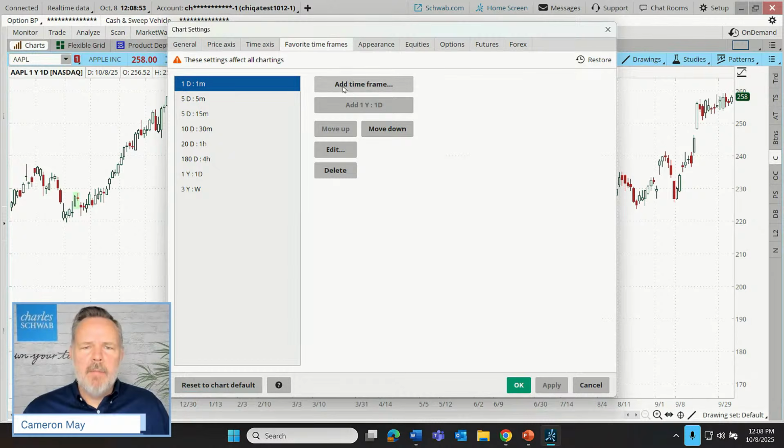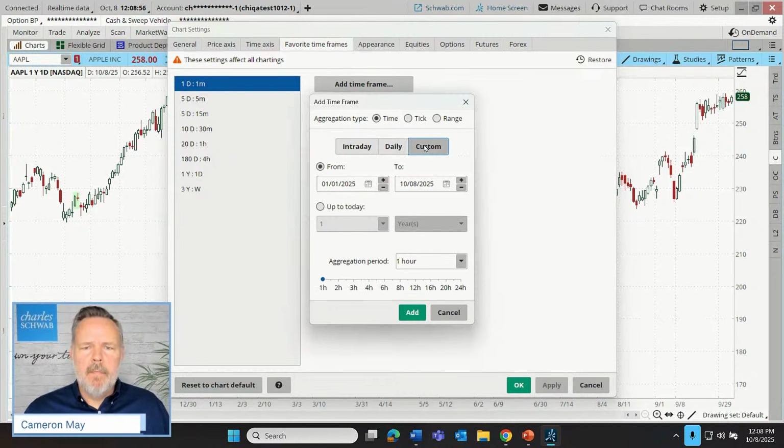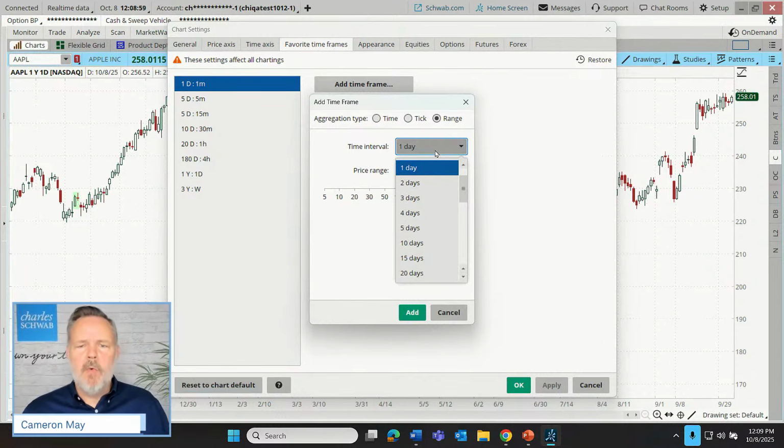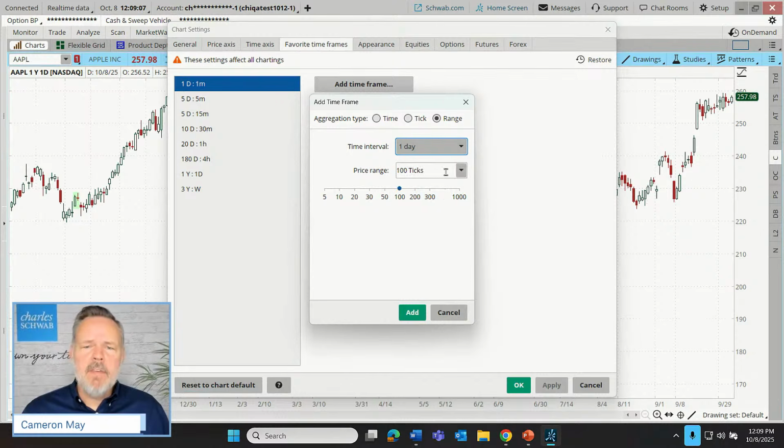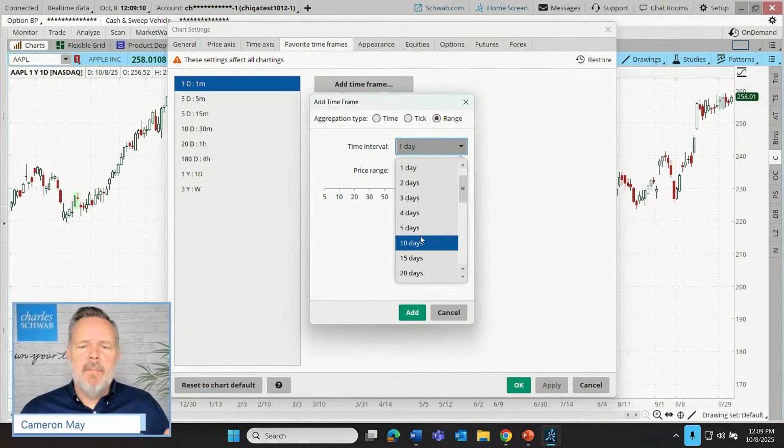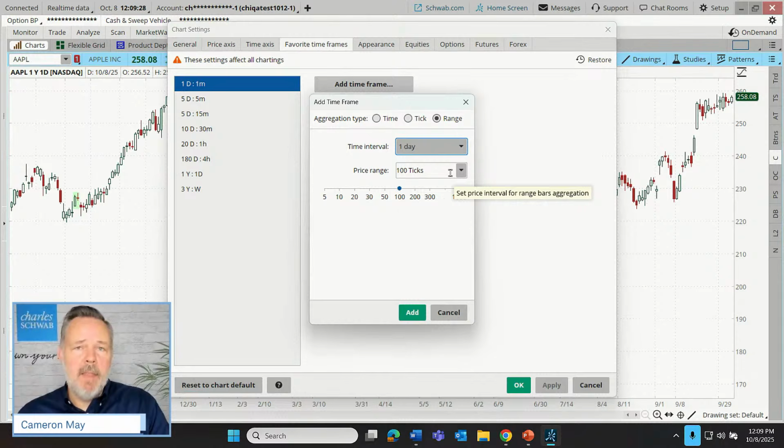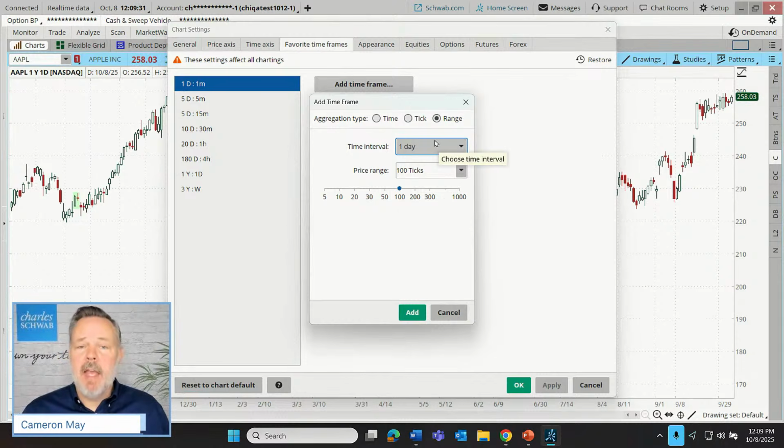Let's go back up here to time frames. For a range, how can we choose a different aggregation period or time interval? Yes, we can do that here with our range. This is going to be quite similar to the other defaults or the other menus, just sort of a different layout. So we can change a chart time frame from a day all the way out to the maximum available. We can choose price ranges ranging from a single tick all the way up to a monthly display. So the range sort of covers everything.